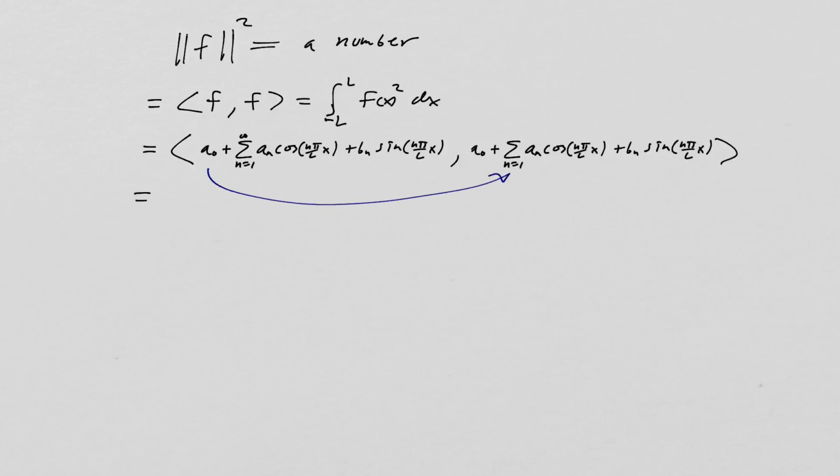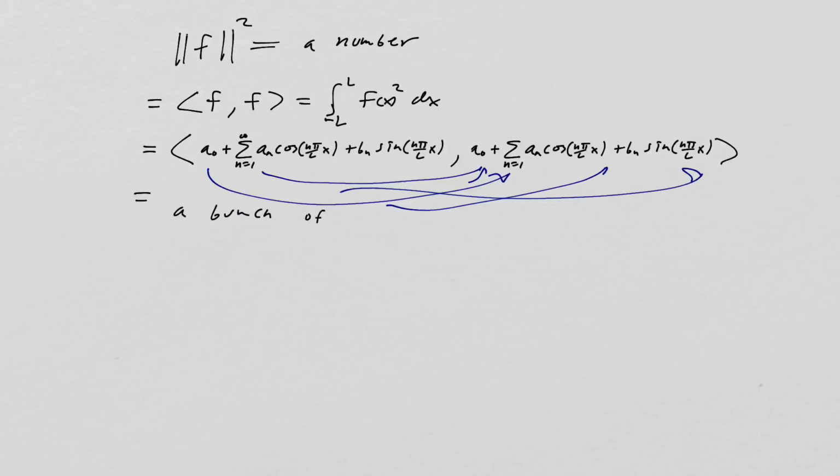Every single thing has to be multiplied by every other thing there, and that's going to lead to a bunch of smaller inner products. Well, after you do a bunch of work and you simplify it as best you can,